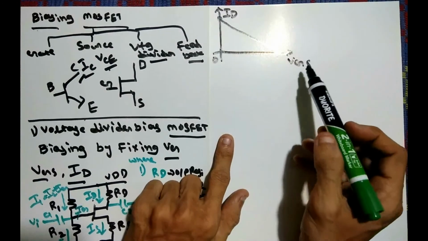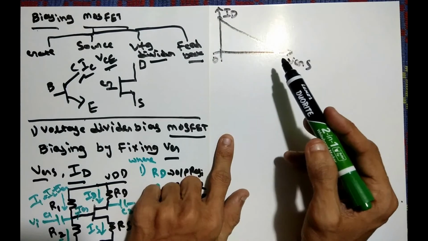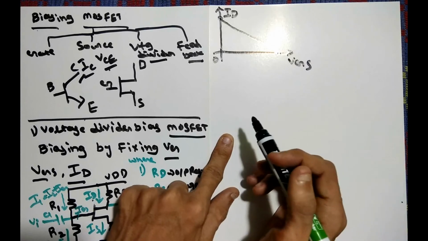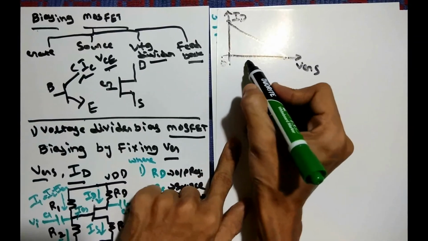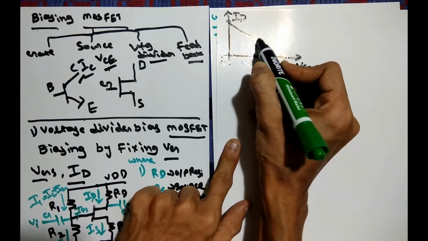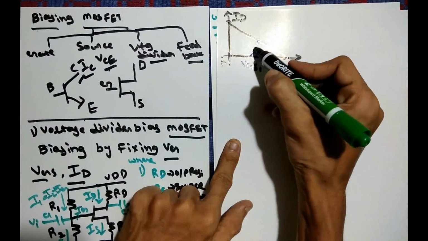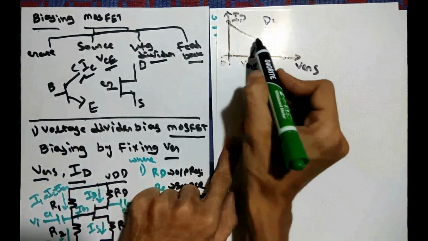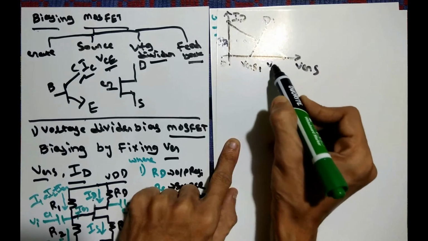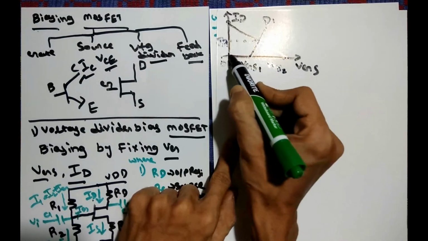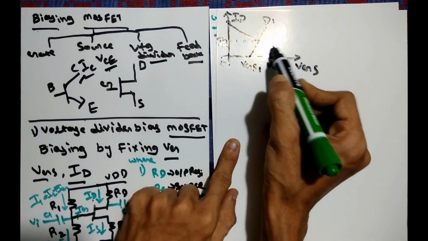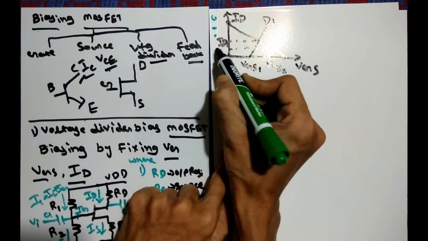Now at what particular VGS is it turning on? It varies with different VGS, so for each device, device 1 or device 2, how does it vary? If you take one particular point, we call this VGS1. It goes to this middle point, this is device 1, and this particular value we call ID1. Similarly we can take another VGS somewhere here, and follow it up to here, and after this point it goes where it exactly intersects with the DC load line, which we call another ID, ID2.